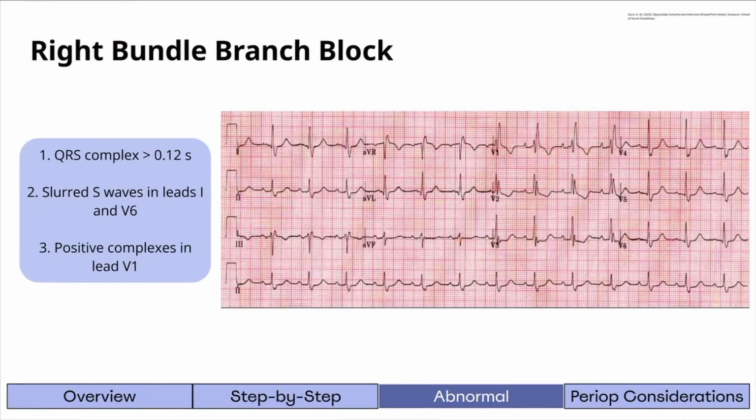A right bundle branch block is caused by a block at the inception of the right bundle branch. Diagnostic criteria includes the following: QRS complex greater than 0.12 seconds, slurred S waves in leads 1 and V6, and positive complexes in lead V1. A right bundle branch block can be concerning in a patient who has had heart failures or who has sustained